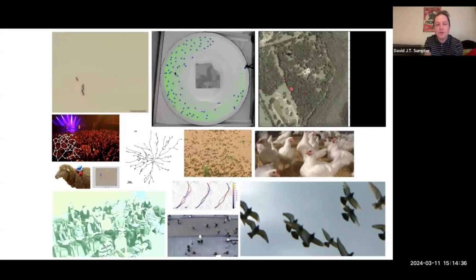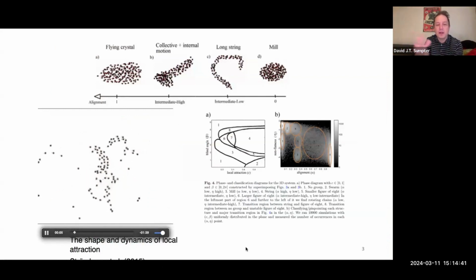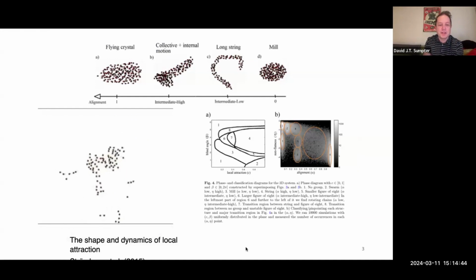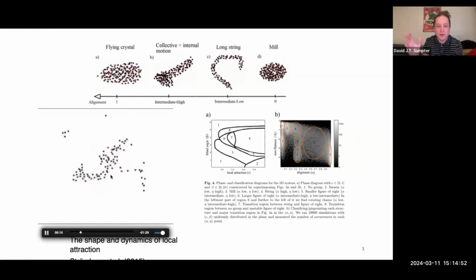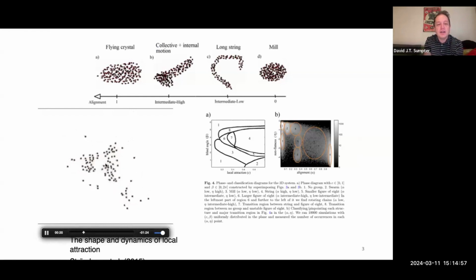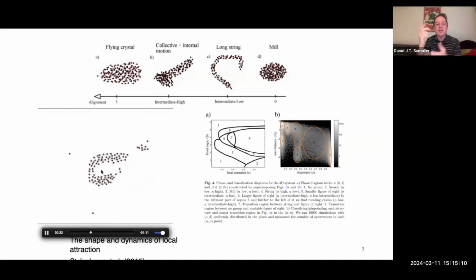The way we modeled this was often using what we call self-propelled particle models. And this is an example of one such model. Here, the particles, or the fish or the birds, are moving in 3 dimensions. Each of them is just following a simple rule where it looks to its local neighbors and moves towards them. It also has a blind angle behind it, so it doesn't see the neighbors behind it. But that's the rule that every one of these individuals is following.